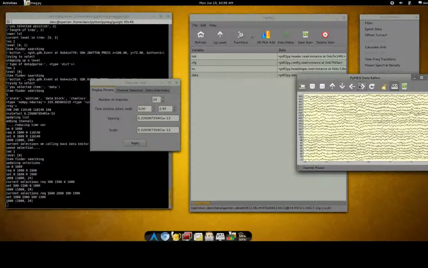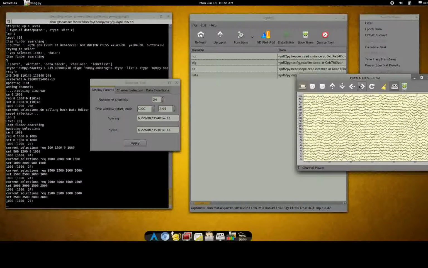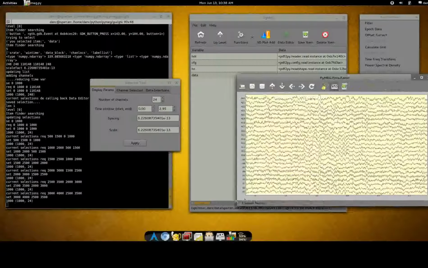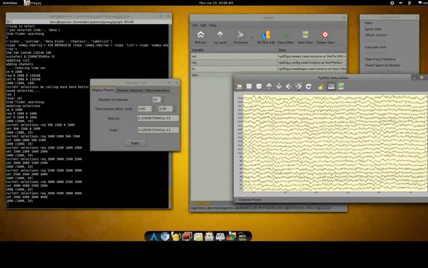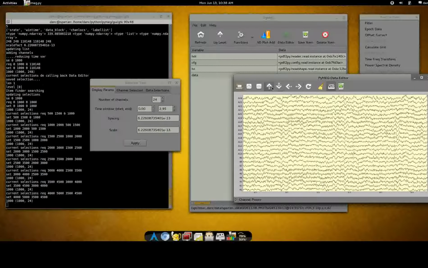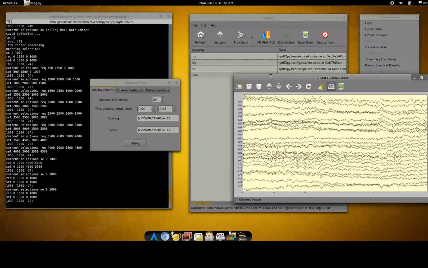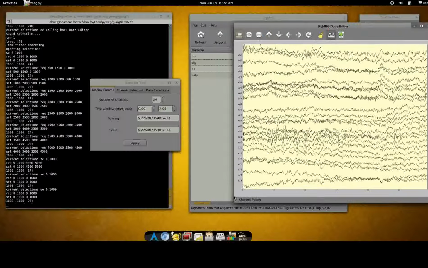We can go through the data in time, watching this axis below. It's being updated as we step through. We can step up in channels, see different channels, as well as